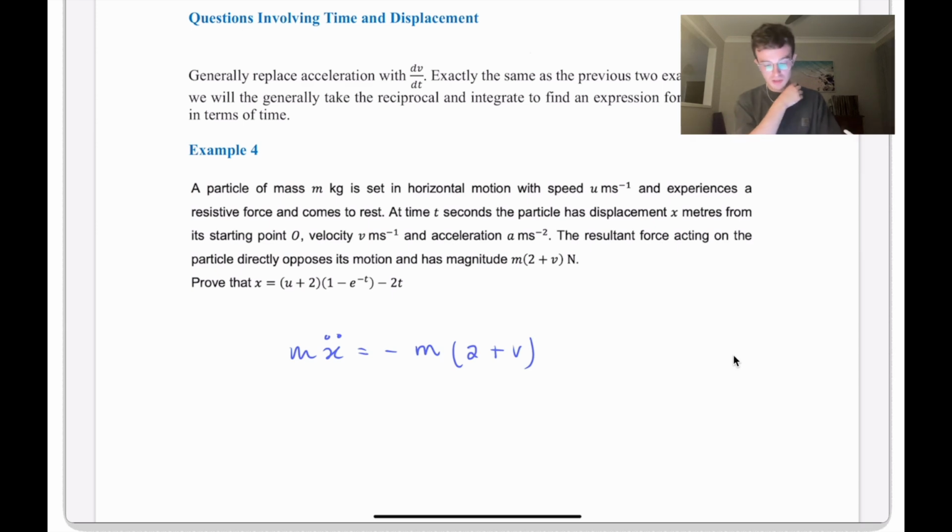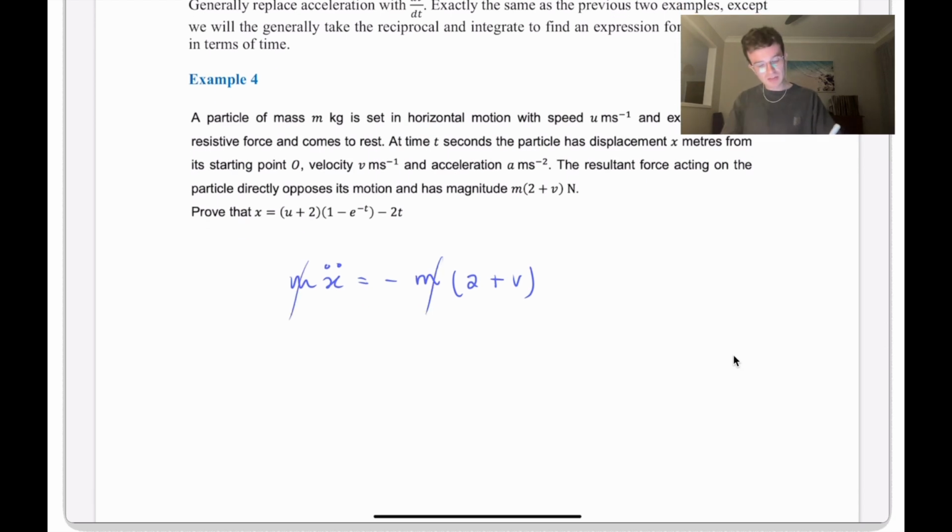that's stopping its motion. Now importantly, our object is travelling forward, but there's nothing pushing its motion forward. It's just travelling at a speed. It's not a rocket, there's no force pushing it. It's just moving and it's going to be slowing down. Now we know the resistive force has this magnitude here, and it's negative because it's a resistive force slowing something down. So here we can cancel these, and we've got x double dot is equal to minus 2